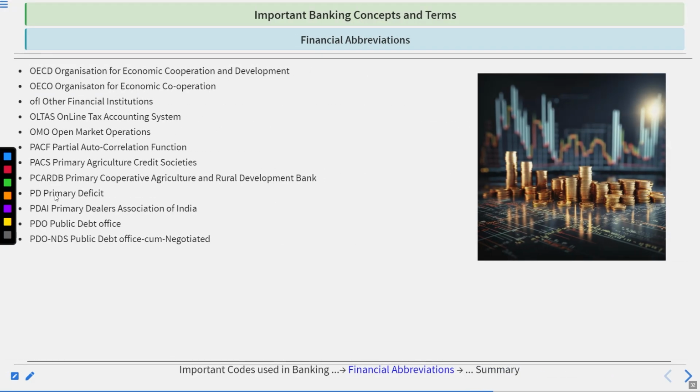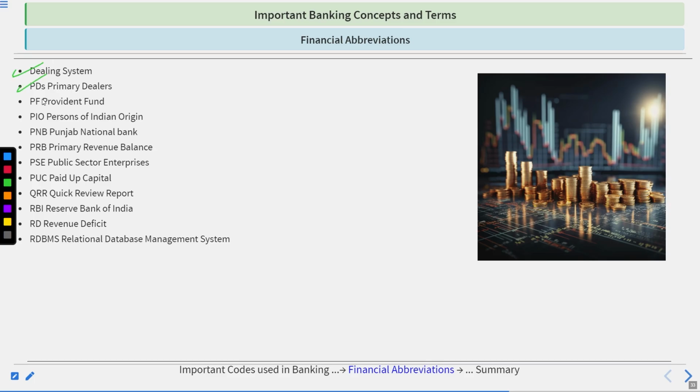Assistance, OECD Organization for Economic Cooperation and Development, OECO Organization for Economic Cooperation, OFI Other Financial Institutions, OLTAS Online Tax Accounting System, OMO Open Market Operation, PACF Partial Auto Correlation Function, PACS Primary Agriculture Credit Society, PCARDB Primary Cooperative Agriculture and Rural Development Bank, PD Primary Deficit, PDAI Primary Dealers Association of India, PDO Public Debt Office, PDO-NDS Public Debt Office Negotiated